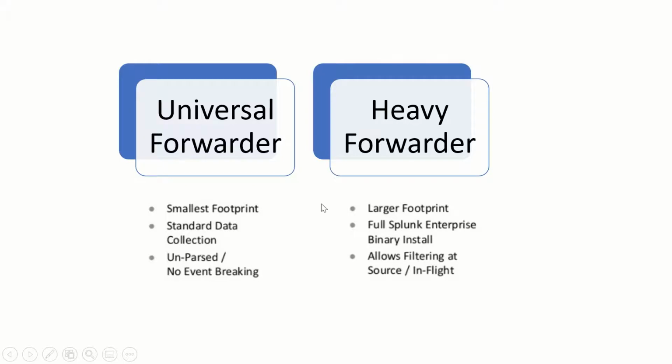The heavy forwarder has a large footprint. It is itself a full-stack Splunk, so you need to install it as you install other components. It allows filtering, and it has line break, source type, and everything in there, and it has a GUI as well. So this is all about the heavy forwarder. Just one thing to keep in mind: the heavy forwarder collects the data and forwards it to the next component of Splunk, that is called indexer.